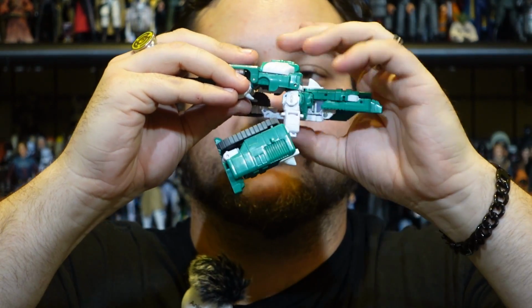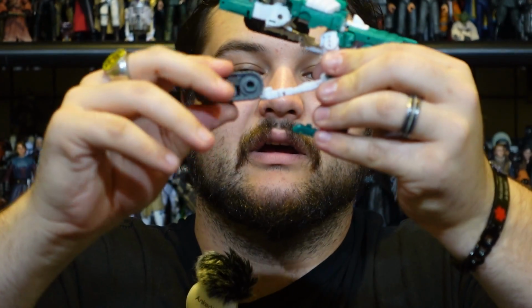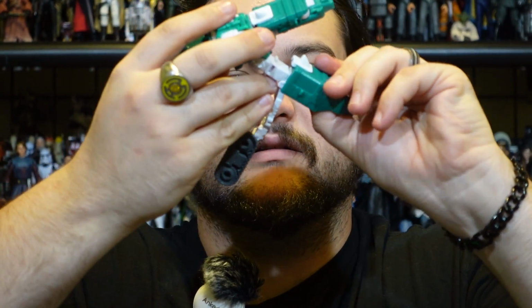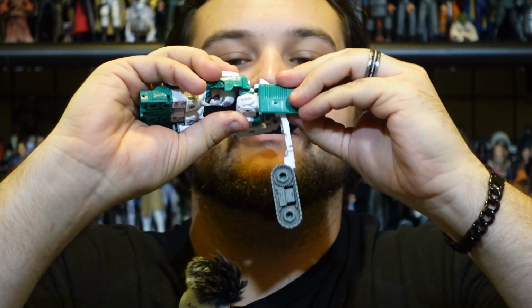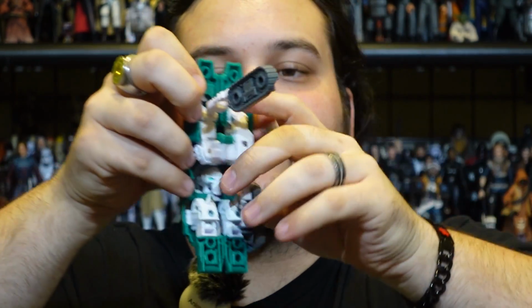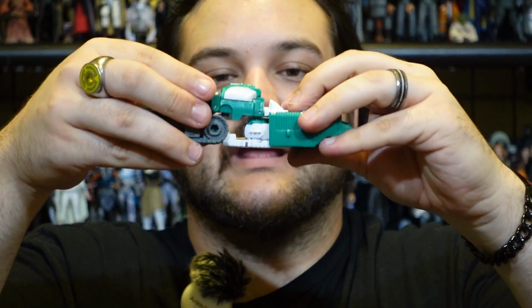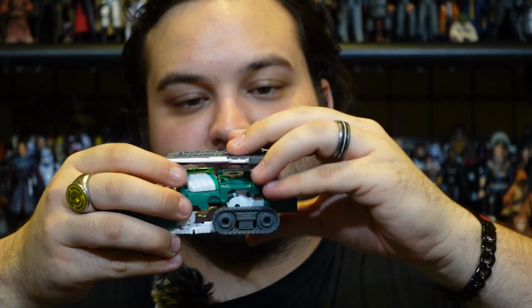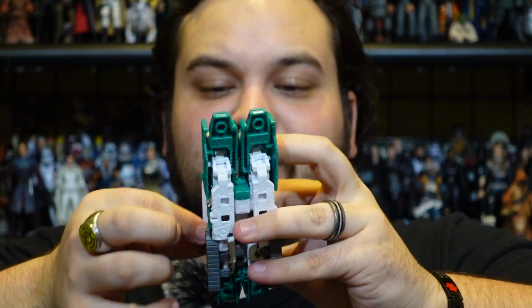The second side is just like this side that we just did. Go ahead and pull all that out, rotate that, tab that foot, bring this down, tab that in, go ahead and then tab the front part of the legs together, bring this down, tab that in, and then all we have left is the top of the tank part here. So we're just going to take that, we're going to peg it right back on where we took it off, but we got to take off these sword cannons because